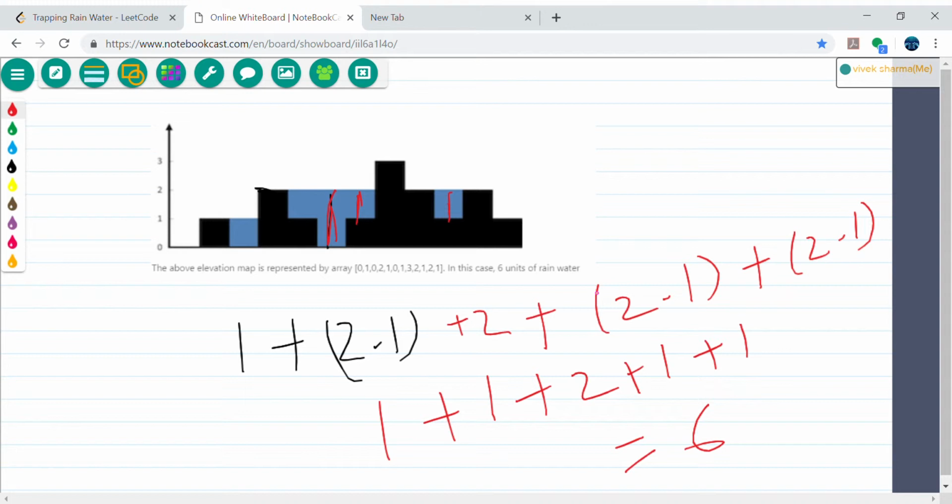If we are able to observe the pattern in how I am calculating, what I am doing is taking the maximum height and subtracting whatever my minimum height is, right? So that's the pattern. I can follow the same pattern to solve this problem. And another way to think about this problem is, let's say,